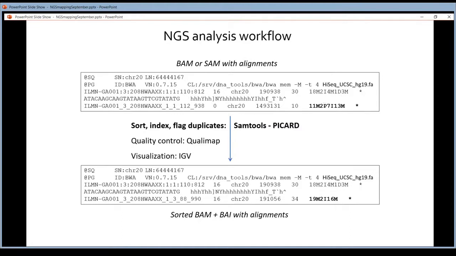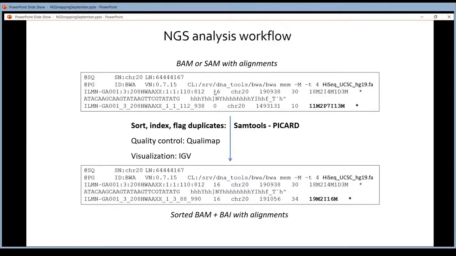So that means that these BAM and SAM files are very big. You have all the things from the FASTQ file and additionally the information of the mapping. That's a lot of information. And that makes it again very hard to access them and to search through them in a fast and efficient way, just like we have seen for the reference genome itself, that is also a very big FASTA file. So it's very hard to find something in that FASTA file. The same applies here. These are really big files and it's very hard to find something in these files. So this is why you have to process them.